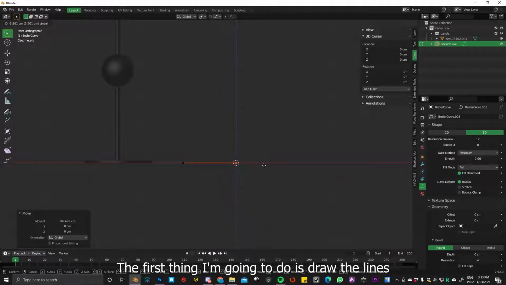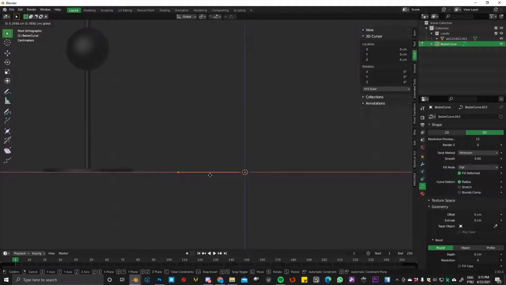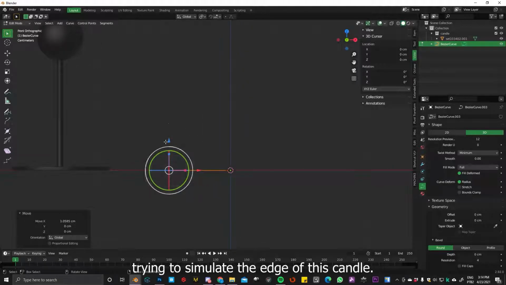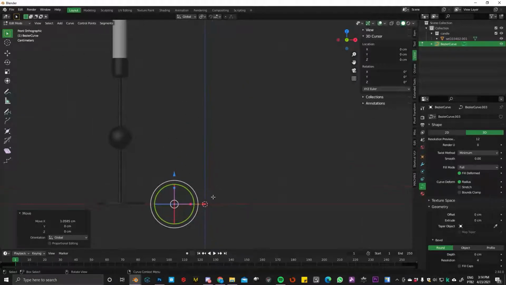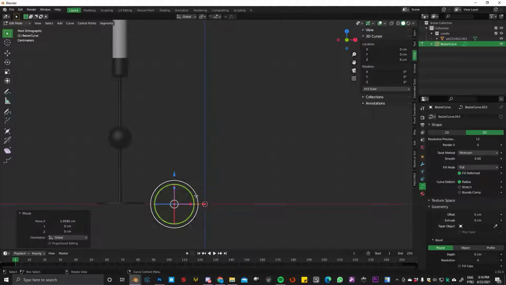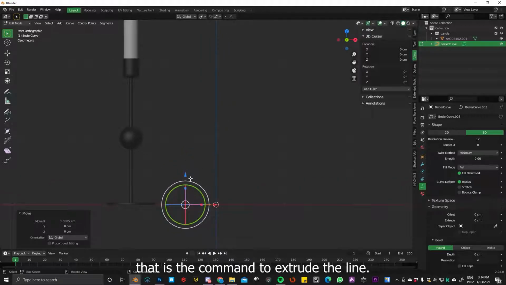The first thing I'm going to do, as I said, is draw the lines, trying to simulate the edge of this candle. From now on, I will press the letter E several times, which is the command to extrude the line.